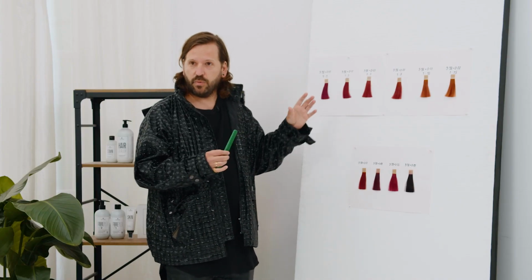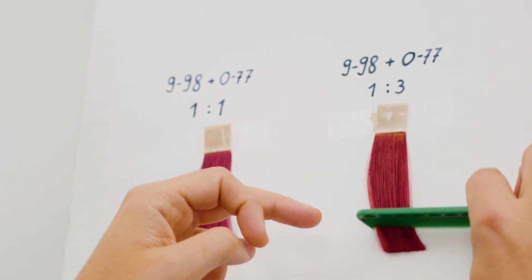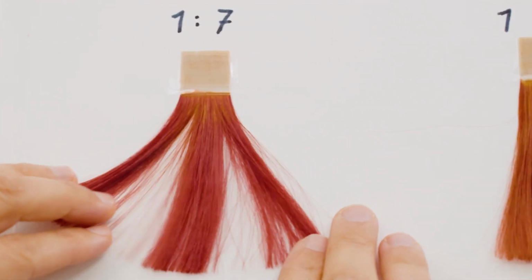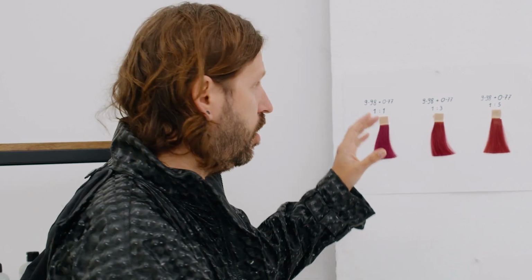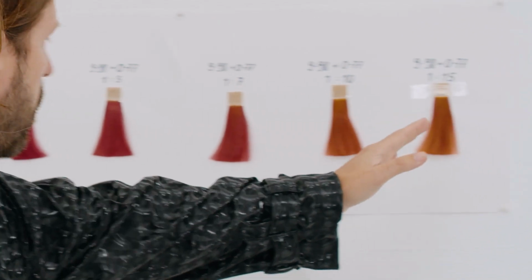Booster, it was a key element for our collection. If you want to discover, come closer. For example, starting with a violet color, by adding a copper, we go from this violet to an intense red to a really intense copper. So just by changing the ratio of the copper, the 077, you can create all these amazing colors that you